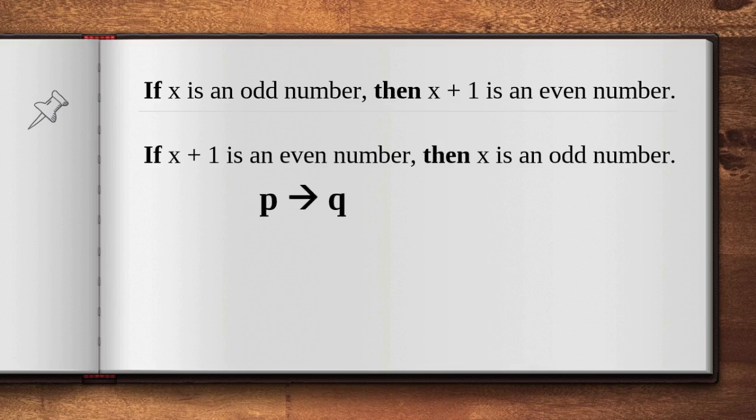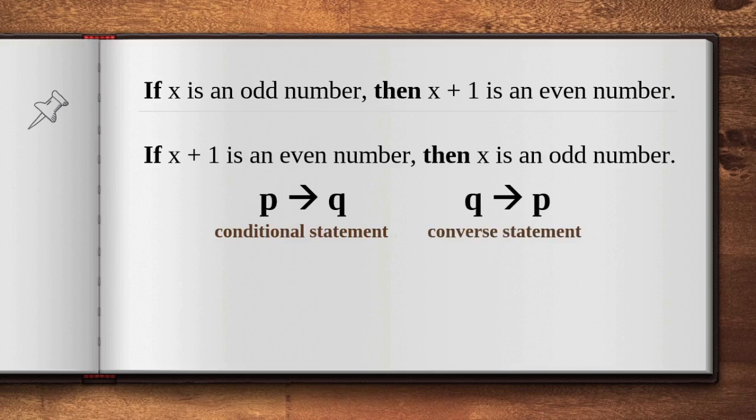Okay, so in the original statement, P implies Q. But on the second statement, Q implies P. The first statement is our conditional statement. What we call the second statement is the converse statement. Okay, please take note of that term. Converse statement. Now let us check the truth value. On the first statement, or our conditional statement,